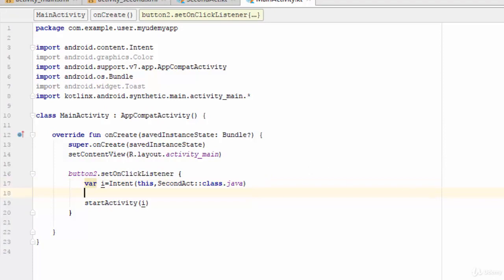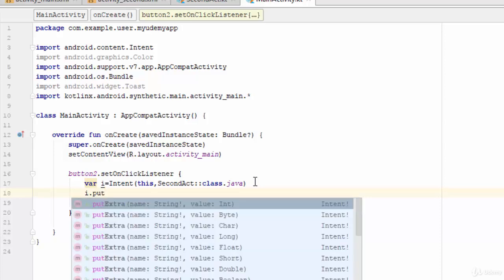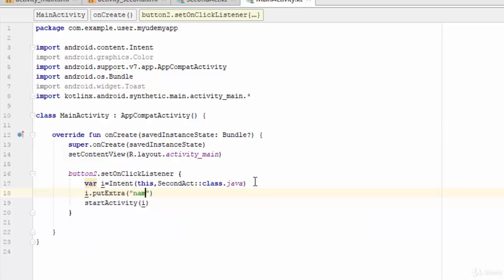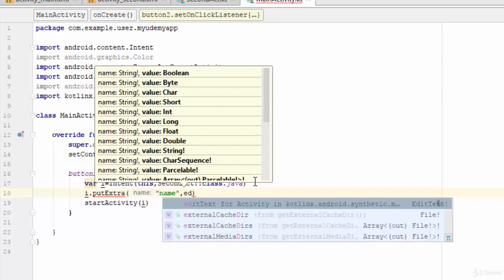Here, in the previous video, we used this object to navigate from one activity to another one. So how can we use the intent object to send a value to the second activity? Just write i dot putExtra name, comma, then edit